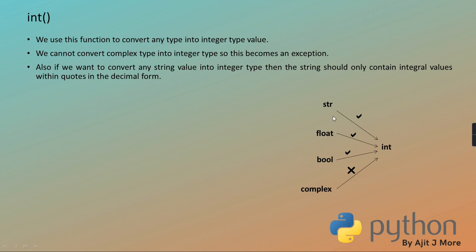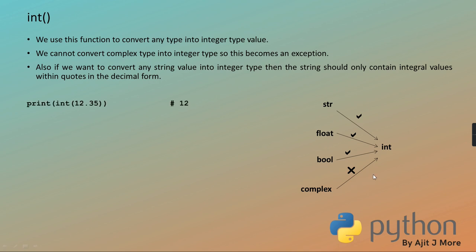For quick reference, instead of remembering so much theory, this is easy to note down in the book, and later whenever you appear for a Python interview and do a brush up. If you quickly go through this diagram, you come to know that string to integer is legal, float to integer is legal, boolean to integer is legal, but complex to integer is not legal. String to integer is legal, but that string should contain a valid numeric value. Otherwise, value error. And here it is a type error.